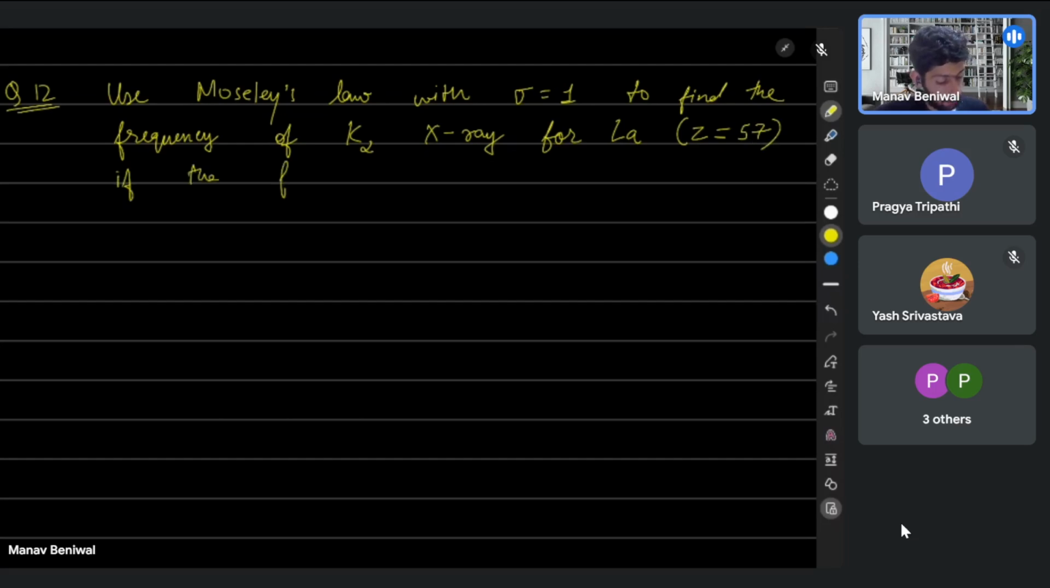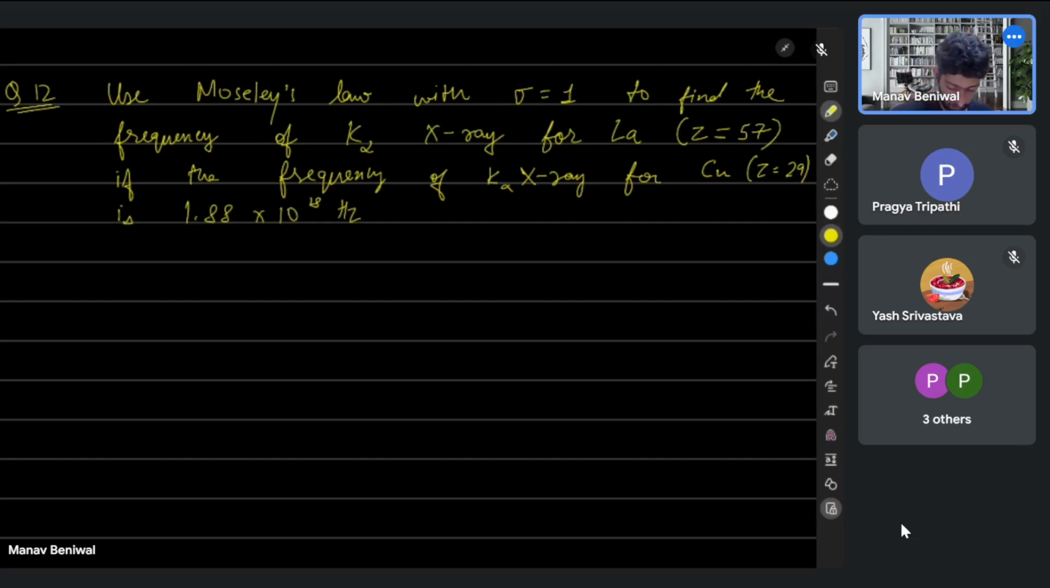If the frequency of K alpha X-ray for copper, and here Z is 29, is 1.88 into 10 to the power 18 hertz. Okay, and your options are 2.88,